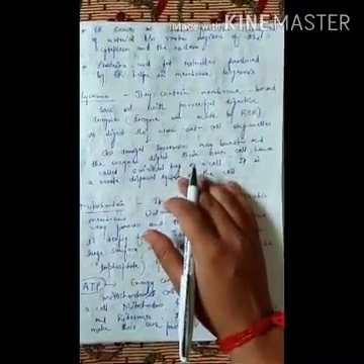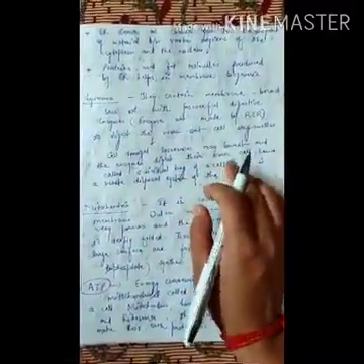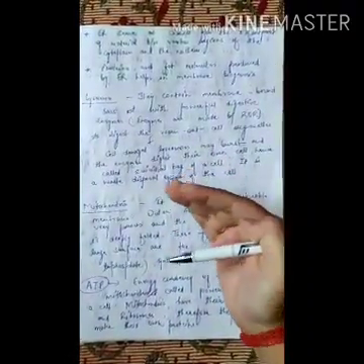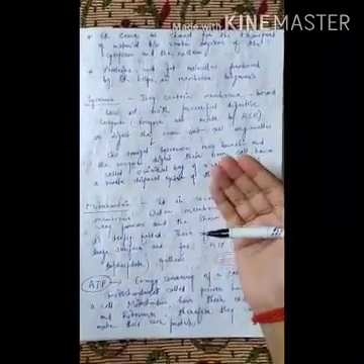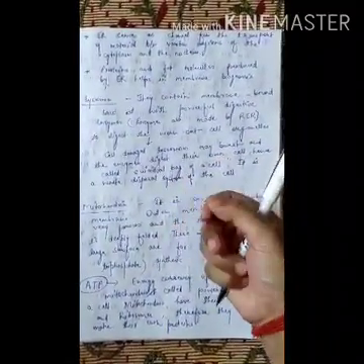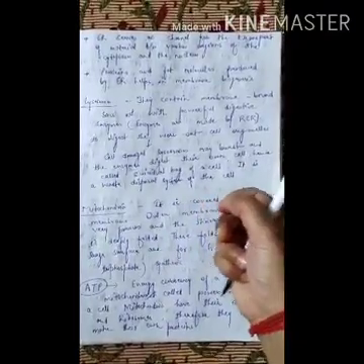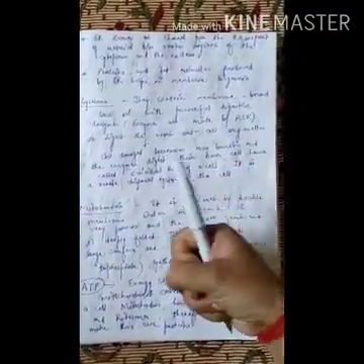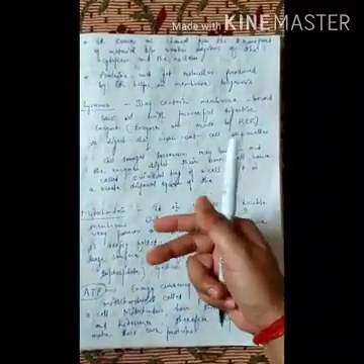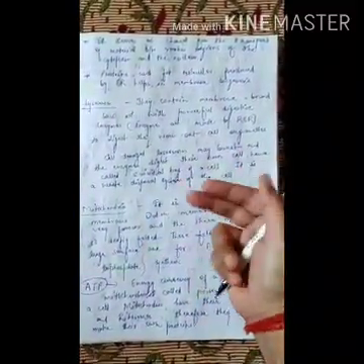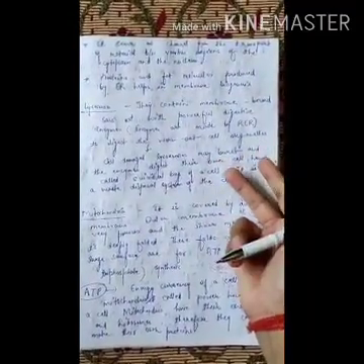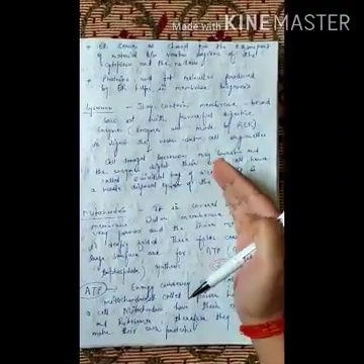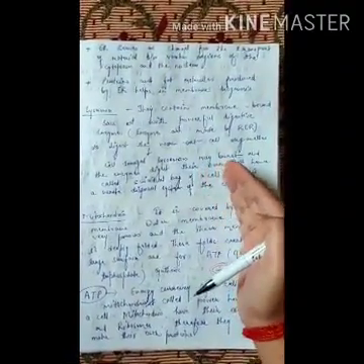So why is it called suicidal bags? Because it can burst itself when any cell is damaged or injured. Lysosomes burst so that they release enzymes, and those enzymes digest the cell, so the neighboring cells are not infected. This is why these cell organelles are known as suicidal bags.